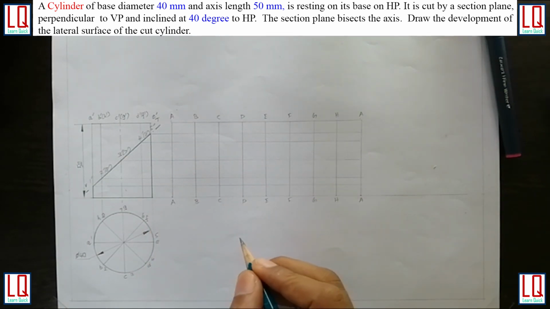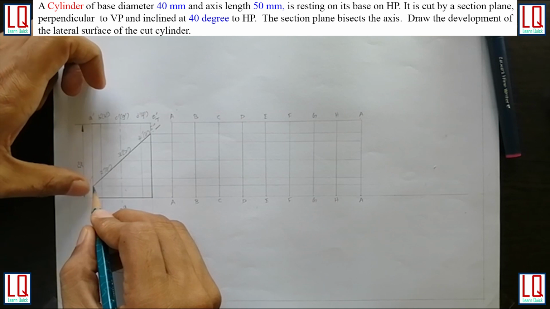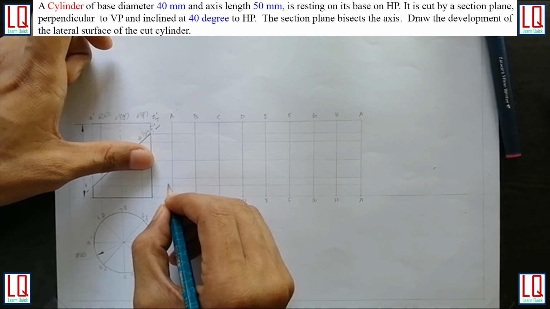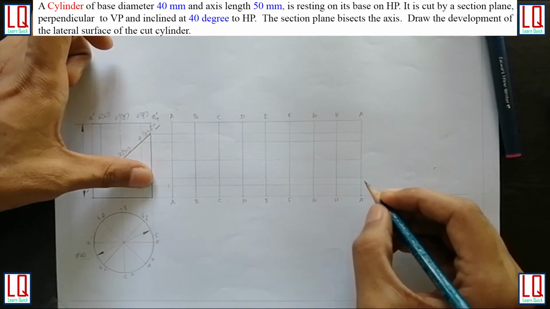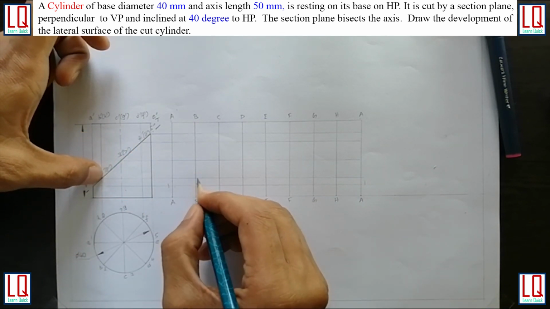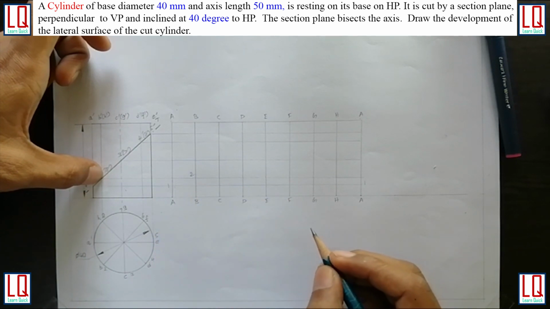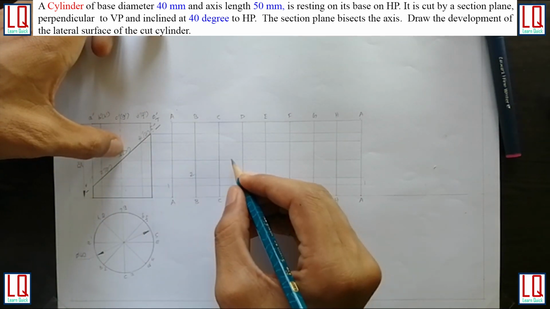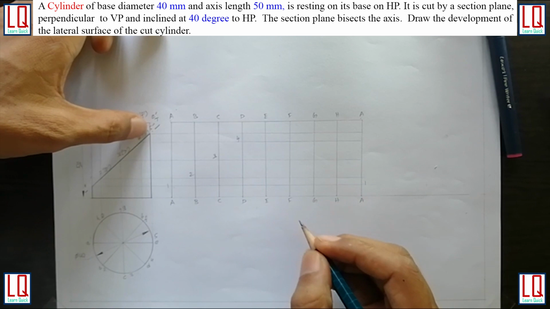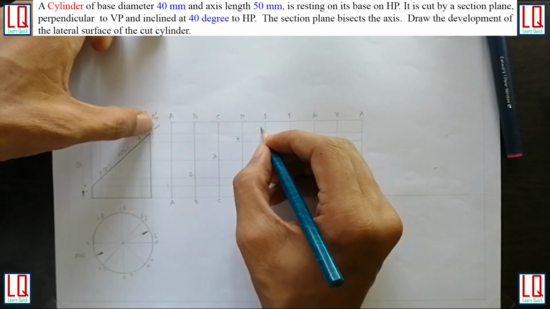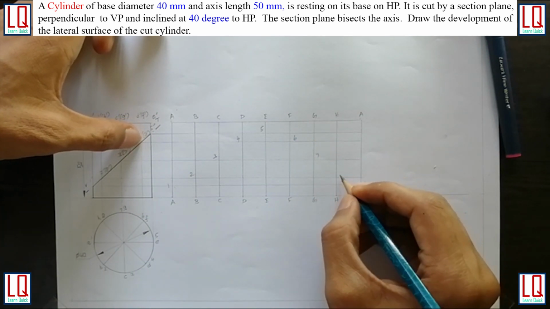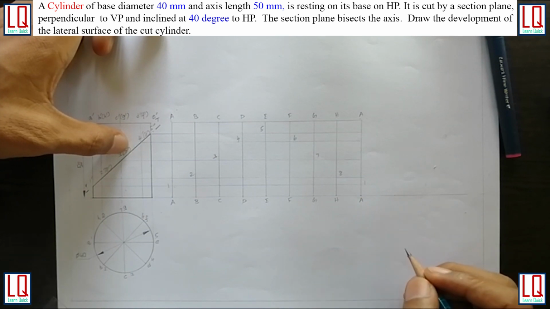So now we are going to plot the intersection points. Your cutting point 1 belongs to A. Okay, so 1 and A meet at this point, so we will mark it as 1. Similarly this point is also 1. The 2 belongs to B. Okay, so 2 meets here, so this is my 2. Okay, 3 belongs to C and 4 belongs to D, 5 belongs to E, similarly 6 belongs to F, 7 belongs to G, 8 belongs to H, and again we got the 1.